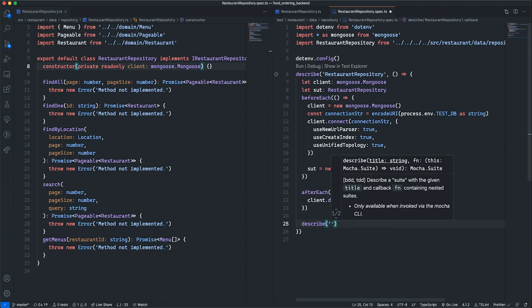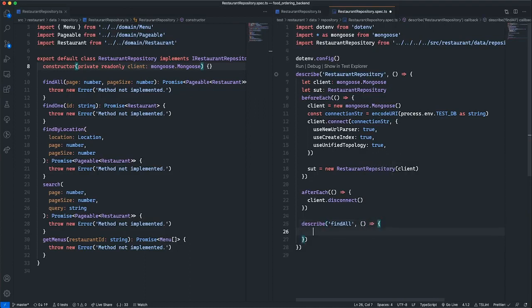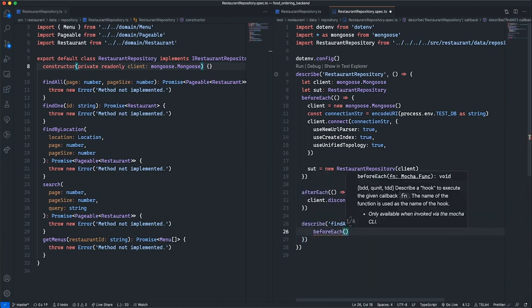In this case, it is the find all method. And this now can have its own before and after hooks. So I want to say before each, it's going to be an async method I'm passing here,